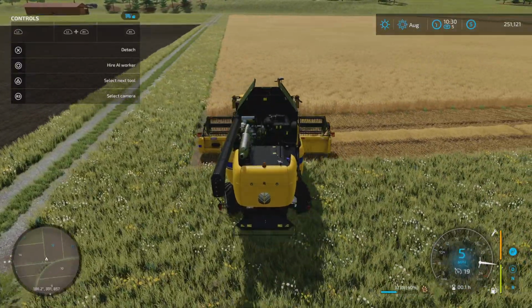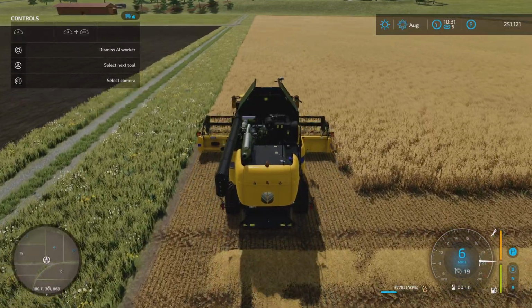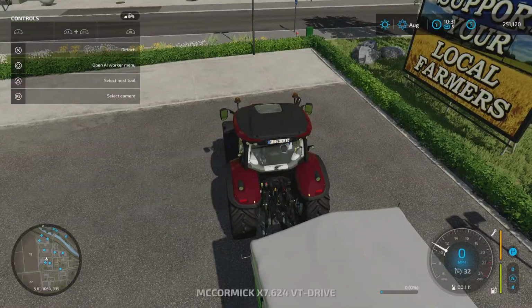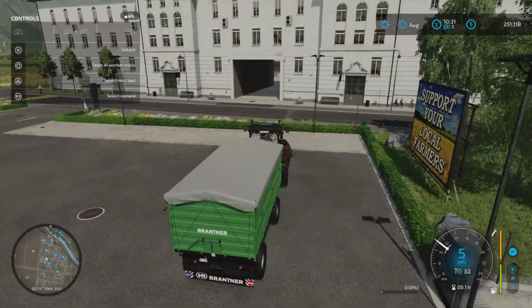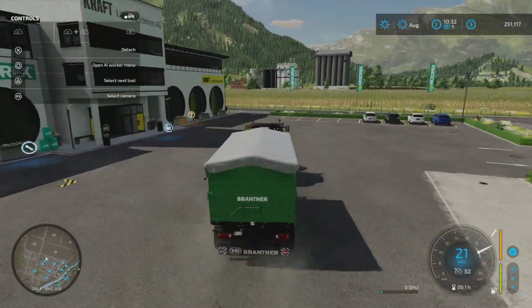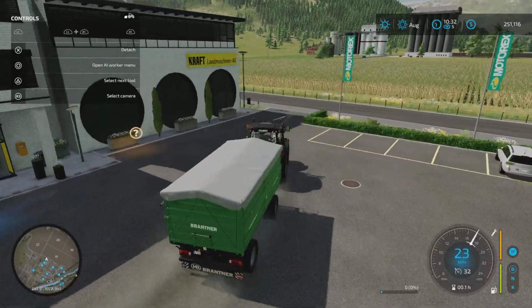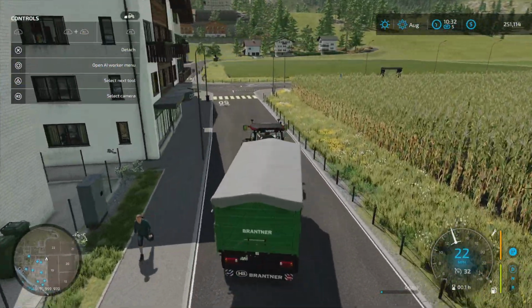Alright, so I've got a headland on each end. Now we're going to start running this way, and we're just going to hire a worker for that so we can skip back here and bring our tipper. And if we can make it down there before... I think that crimson and that green tipper look good together. I'm glad I didn't do orange, even though I really like orange. Anyway, we're going to...